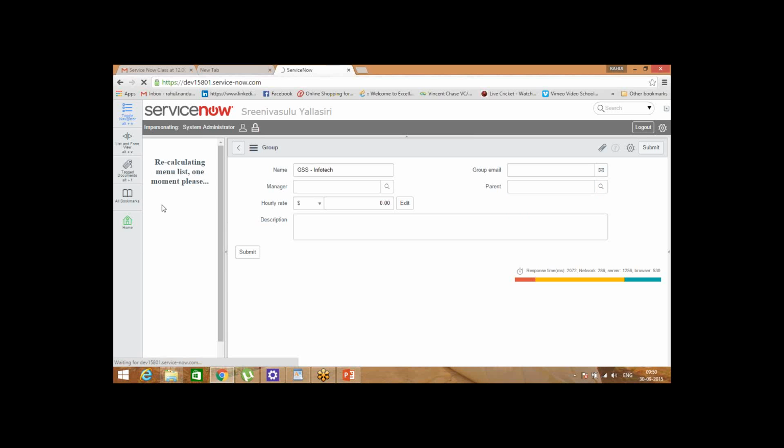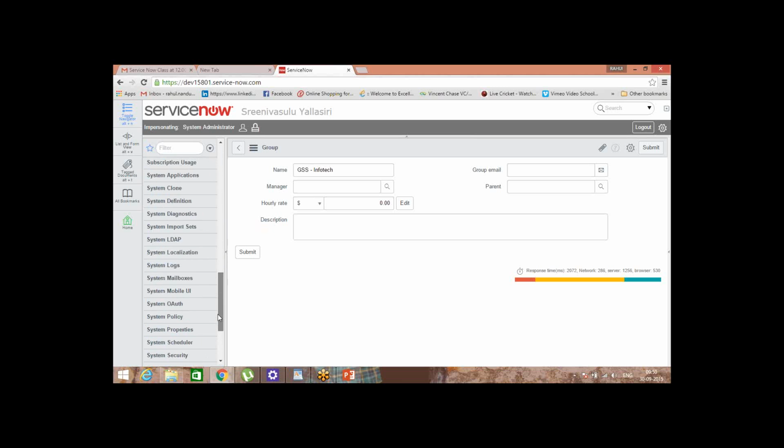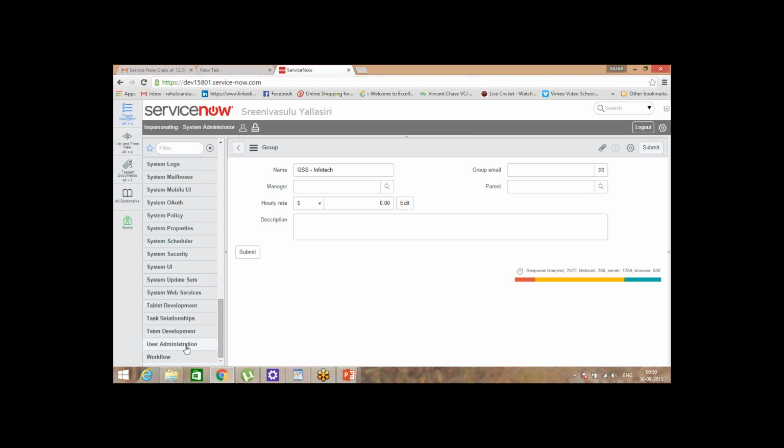Now type group. Or instead of the filter, you can navigate down. I can see it now. Thank you. Okay, fine. Because you did some filters, the filter may get stuck at some point of time. So better you click on navigator, then click all, so you will get all the options right on the left side.